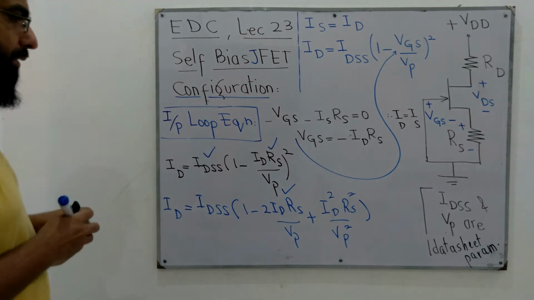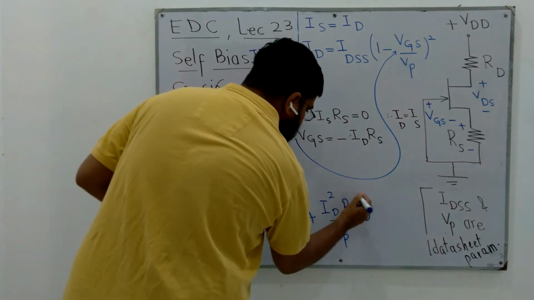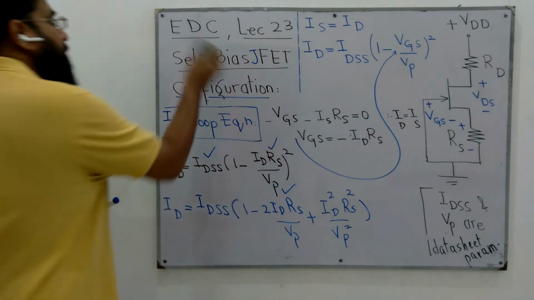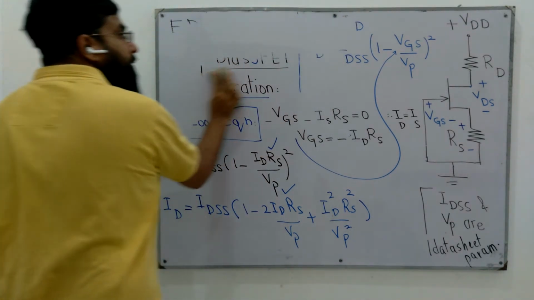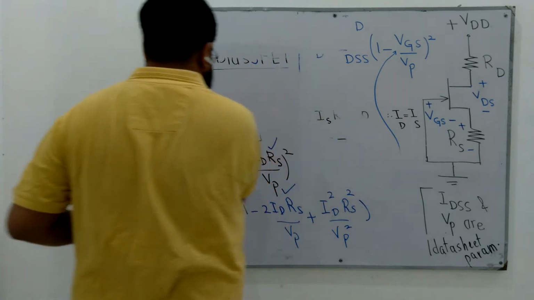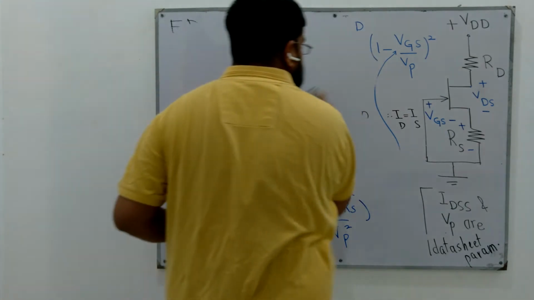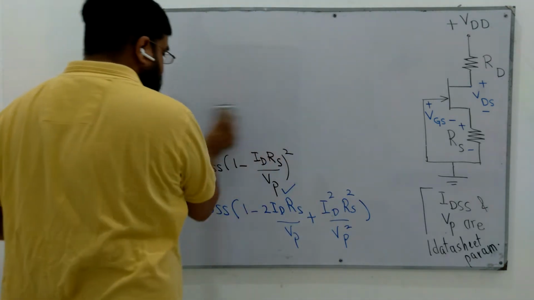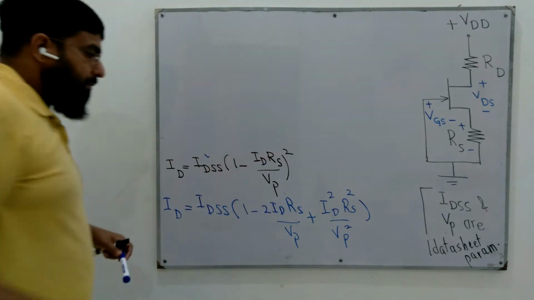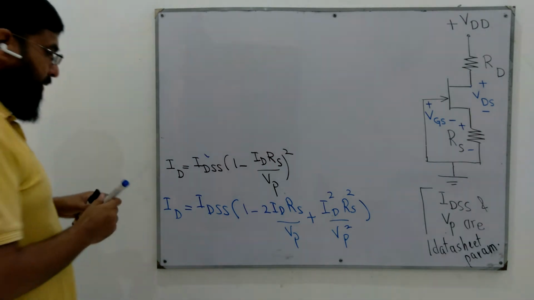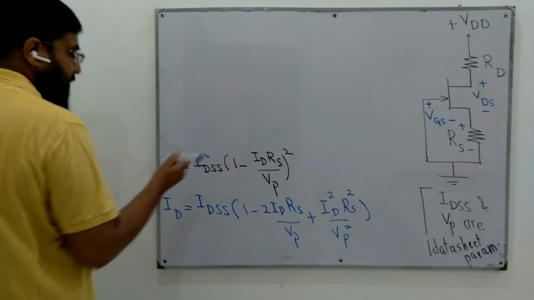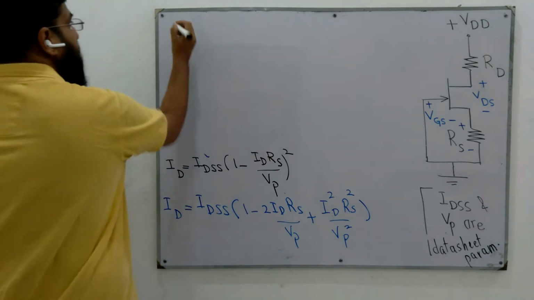So ID is this. You want to solve it a bit further. This IDSS can be multiplied with each of these three terms. So ID becomes